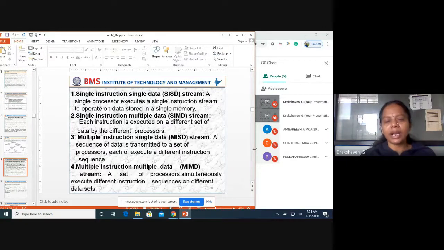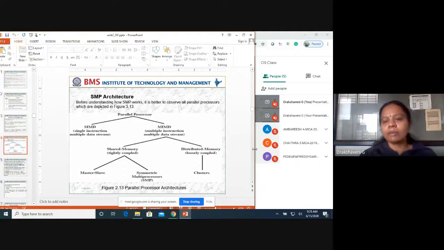Multiple instruction, single data stream: a sequence of data is transmitted to a set of processors, each of which executes a different instruction sequence. Then multiple instruction, multiple data: a set of processors simultaneously execute different instruction sequences on different data sets. So that's the SMP architecture.